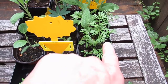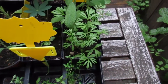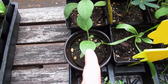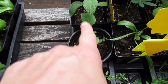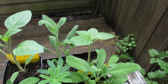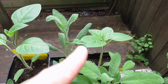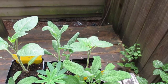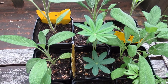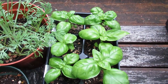Back here, that is called Love in the Mist. Got some moonflowers, one there, one back there, and one back there. A couple sage plants, here, here, and there, and a lupin, basil,